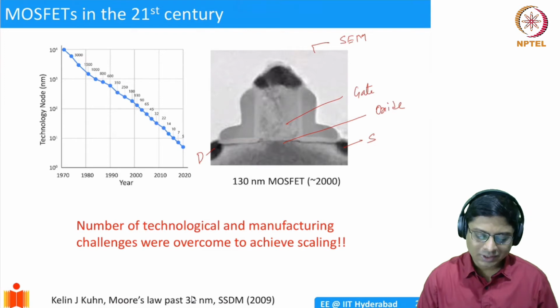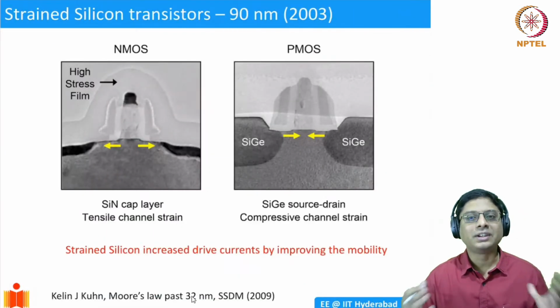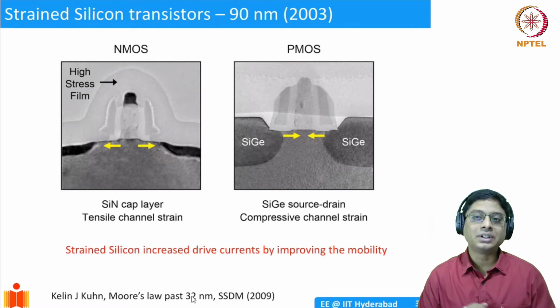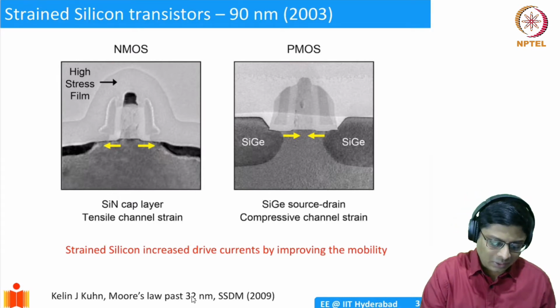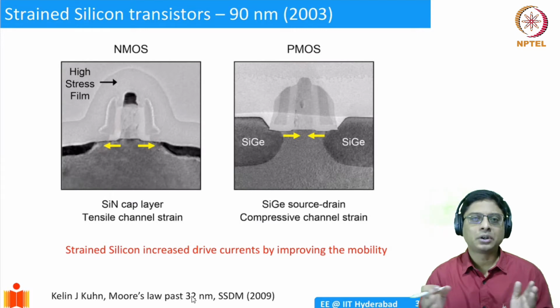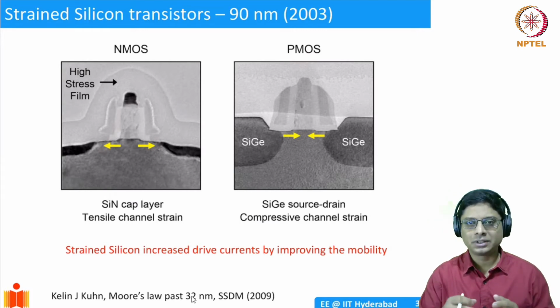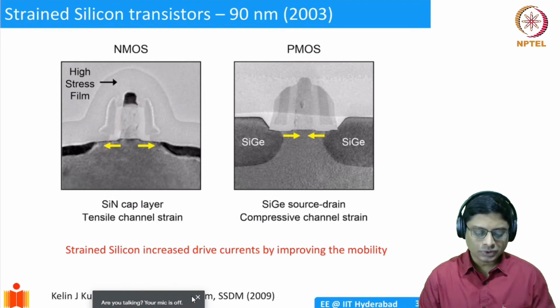And one of the great inventions that was deployed was to introduce what is known as strain transistors. Strain transistors were introduced in 2003. And what do we mean by strain? Well, essentially, we have the regular MOSFET, and now on top of it, we understood when we studied the basics of the lattices and mobility that the mobility of a semiconductor is dependent on the band structure, and band structure is influenced by the lattice spacing. So,